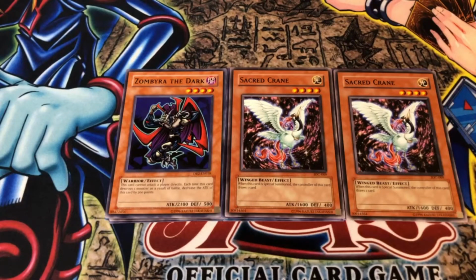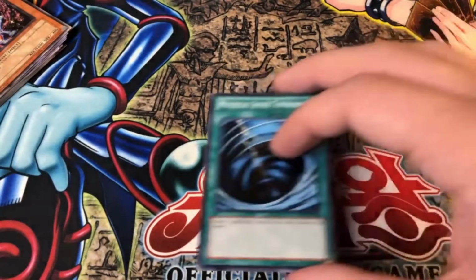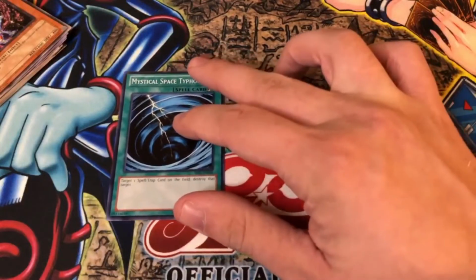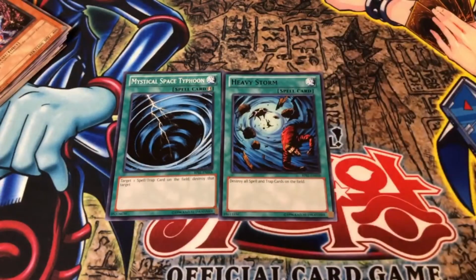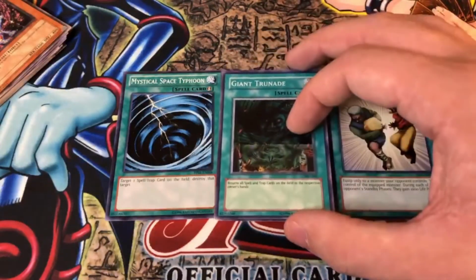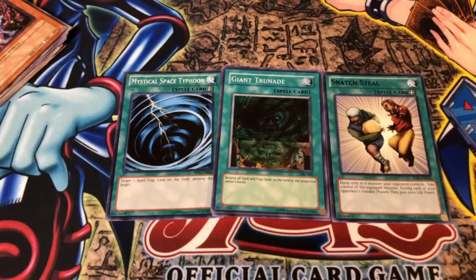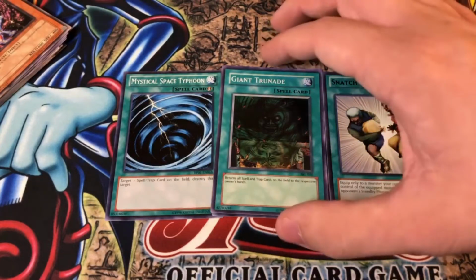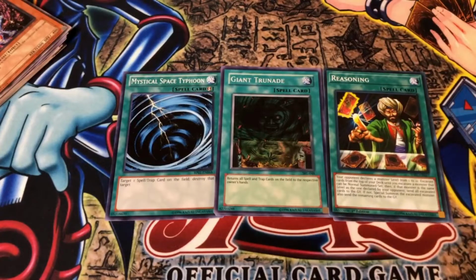Next up to the spell and traps. So for the spells, we just have the one Mystical Space Typhoon, 1 Heavy Storm, 1 Snatch Steal, and 1 Giant Trunade, which will make sense once we get to our trap cards, since we're running quite a few Floodgates, since I actually got lucky and pulled some Floodgates, as you've seen in this episode. Next up, we play 1 Reasoning, because we only have 1 copy so far in this pool